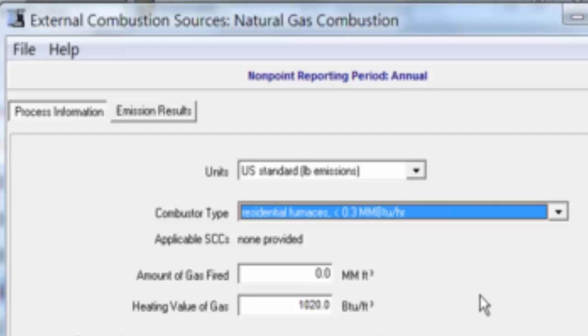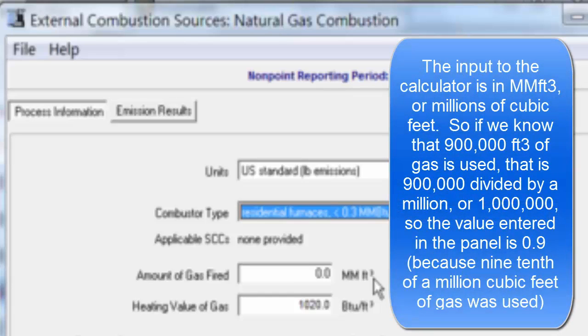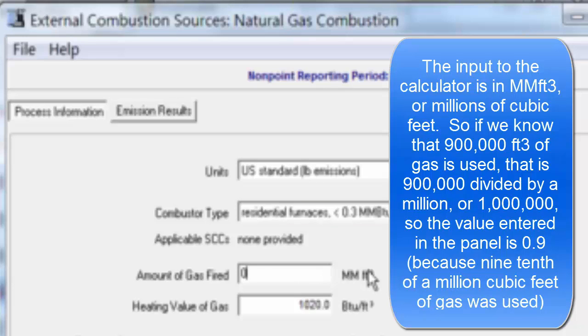And remember to check your units here, because notice that these units are in million cubic feet. MM stands for million, and the number that we got from the company was 900,000 cubic feet. So we're going to have to divide 900,000 by a million to get the value in million cubic feet. So that number becomes